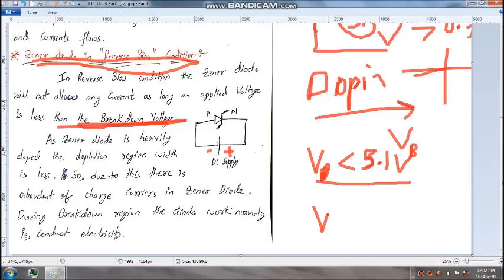But whereas for voltages greater than the breakdown voltage, which is 5.1 for the particular diode we used in the lab, greater than 5.1, it enters into the breakdown region and it will perform safely in this breakdown region. So in conclusion, we can say that the Zener diode has a